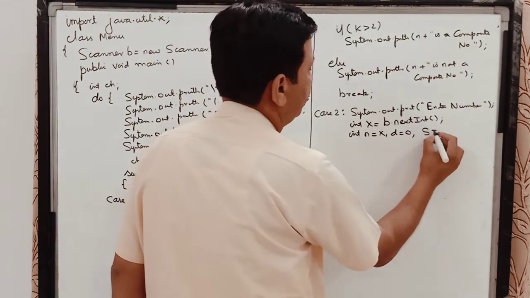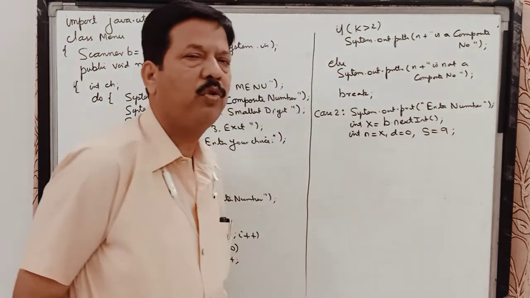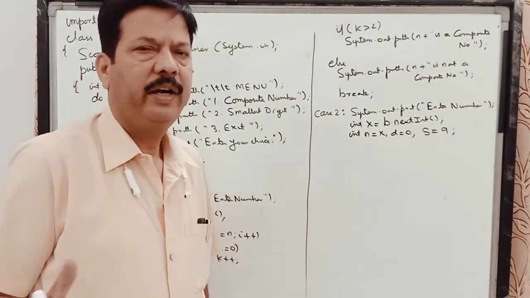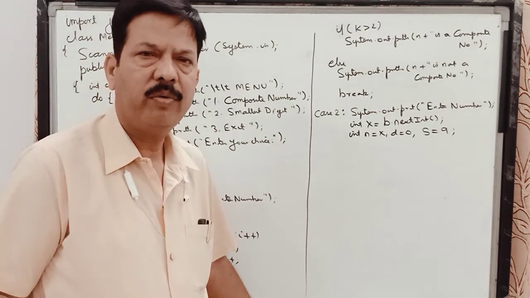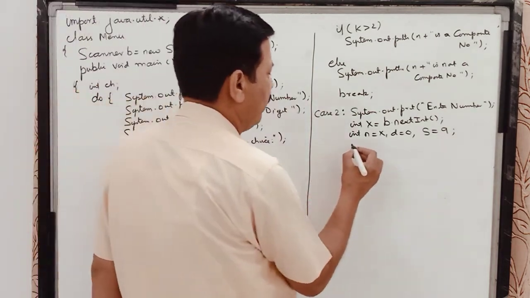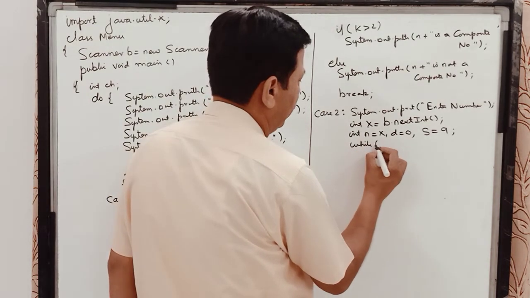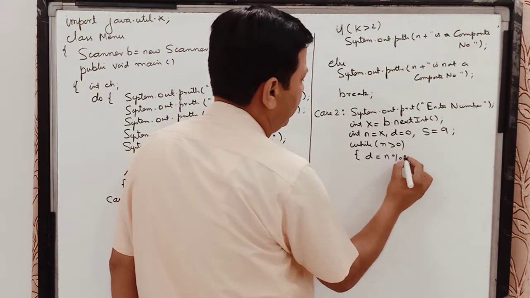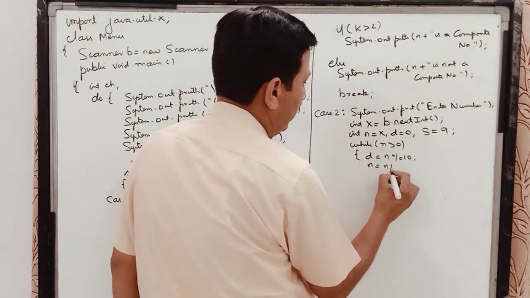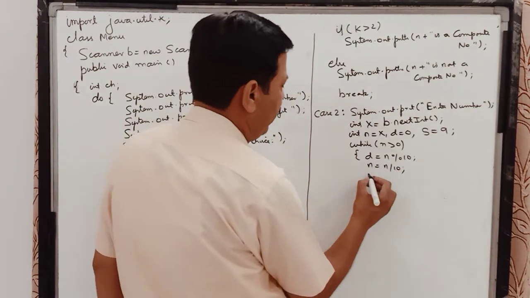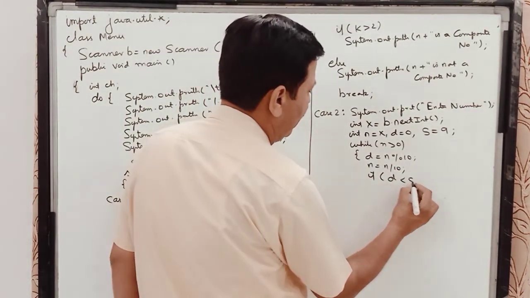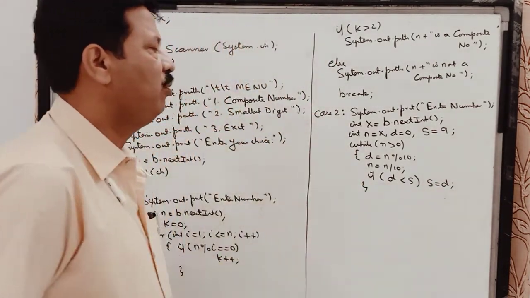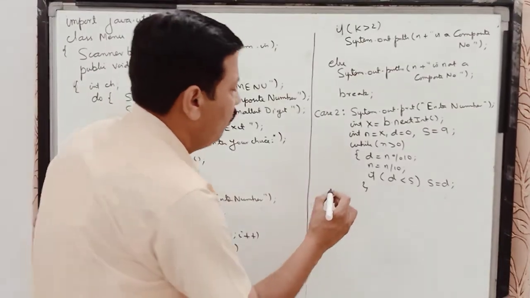And for the smallest digit, children, I am taking the largest digit at present to be the smallest digit. The largest digit which can come out from a number is 9. It cannot be 10. If it is 10, then 1 and 0 is going to get separated. So the largest digit. Now children, I am going to extract my digits from the number. That I do with this loop. D is equal to n modulus 10. N is equal to n by 10. And children, here I am checking if my D is less than S. So I say S is equal to D. And I continue this. So the smallest digit is going to get stored in S, which I print over here.